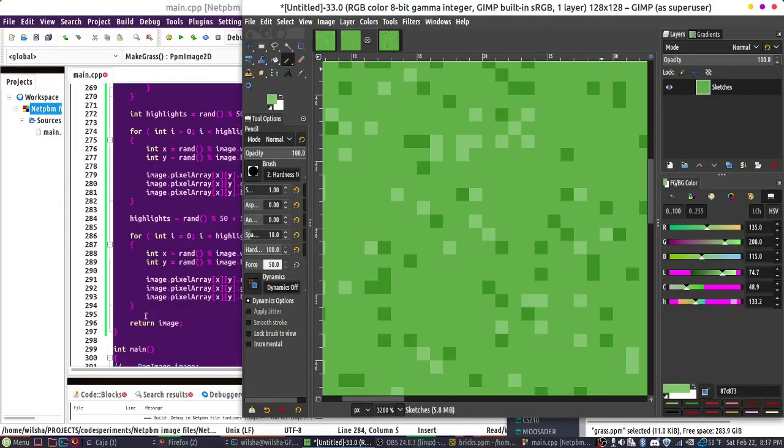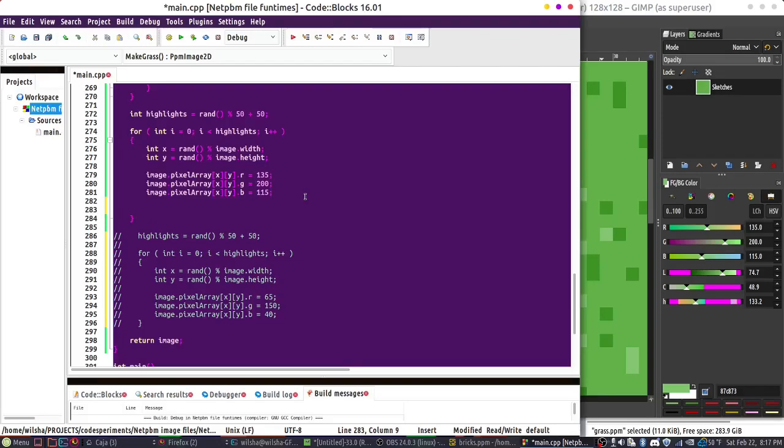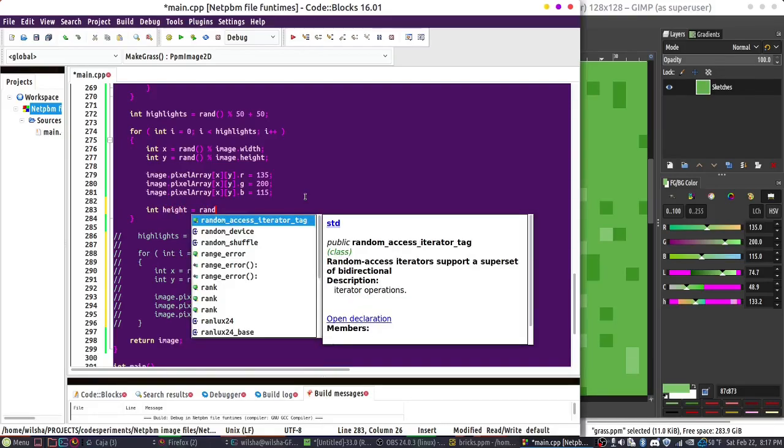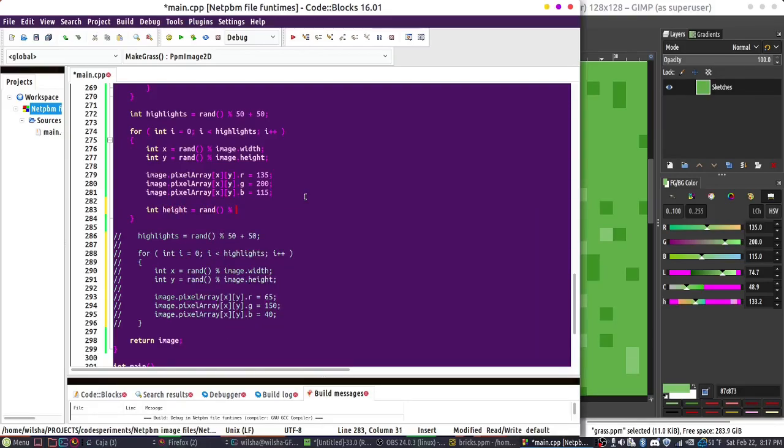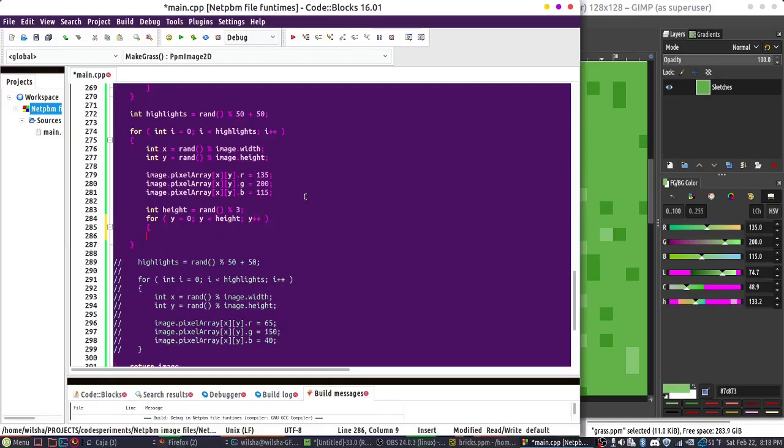So let's work with the idea of this is one part of the grass and we'll kind of build from there. But we don't want all of the grass strands to look the same, so let's say int height of the grass strand will be anything from an additional 0 pixels to maybe 3 pixels. And so then let's say y is 0, y is less than height, y plus plus. We're going to just